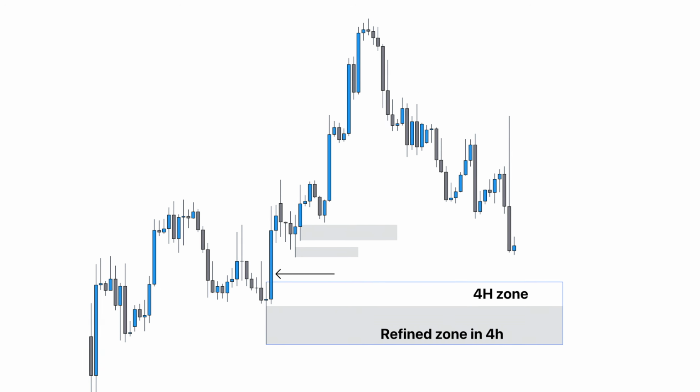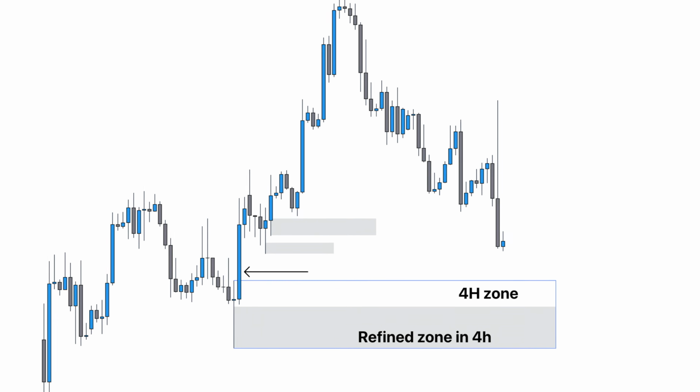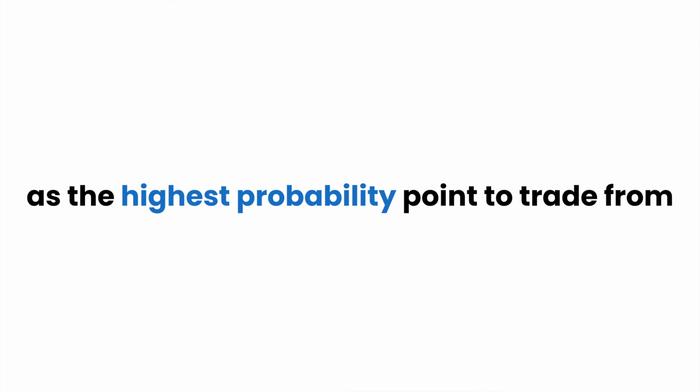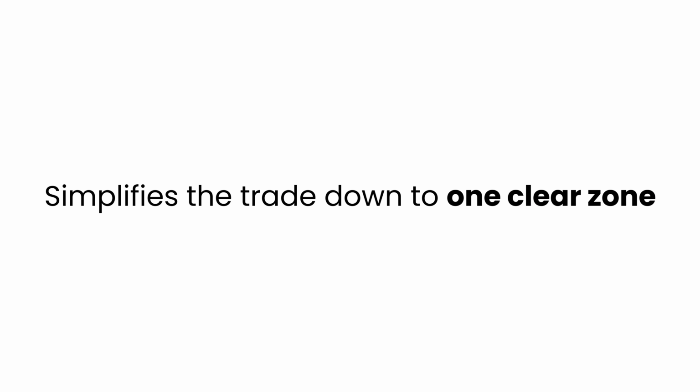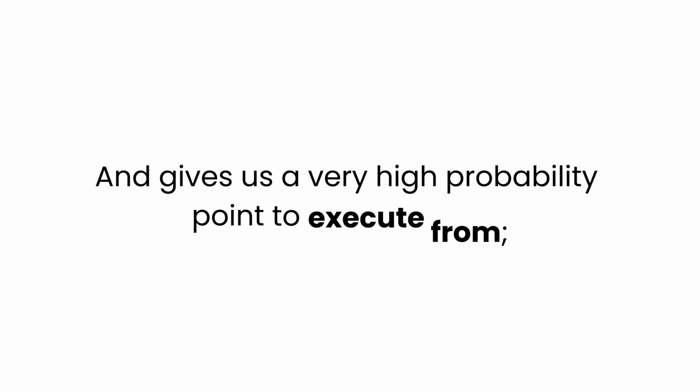Well, if we just jump up to the 4-hour time frame, we'll actually see that only one of the zones sits within a major area. So, because the high time frame gives a clearer picture, we could put our focus on this zone as the highest probability point to trade from. This simplifies the trade down to one clear zone, cuts out a lot of silly losses, and gives us a very high probability point to execute from, increasing the likelihood that we win on this trade, and therefore, if we do it enough, increasing our baseline win-loss ratio over